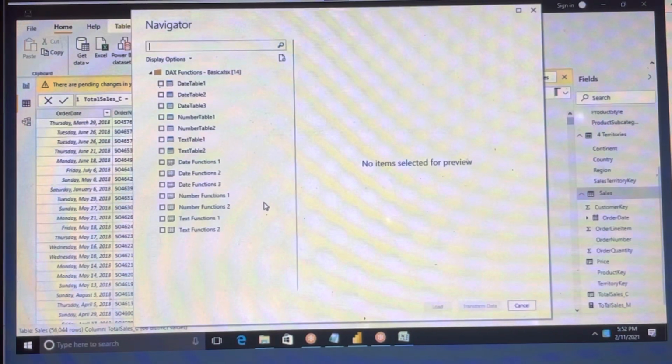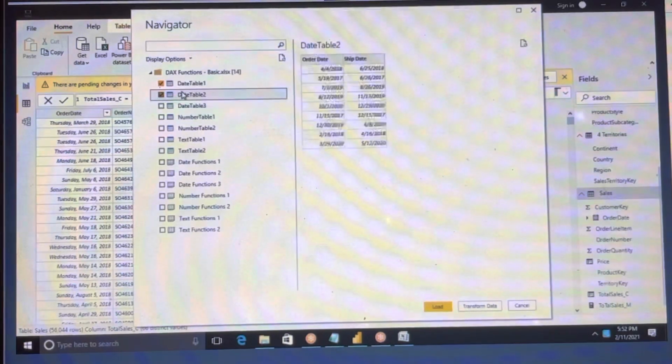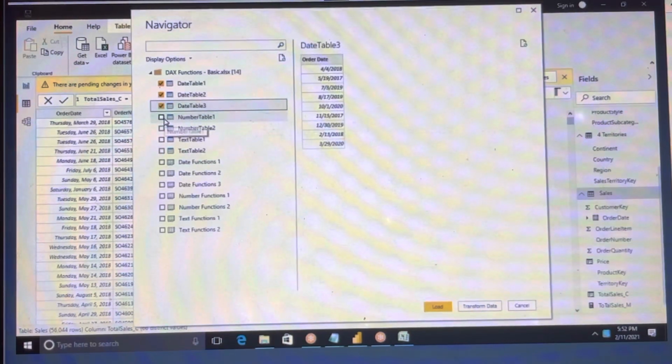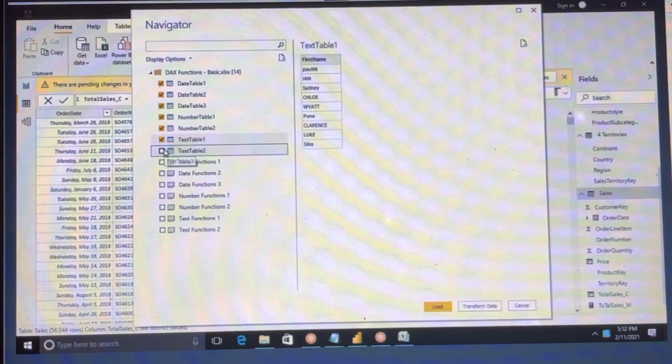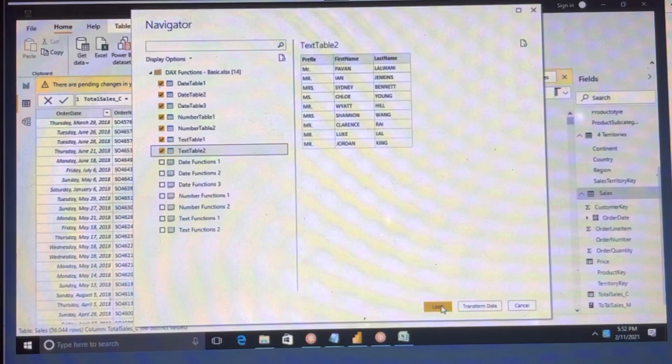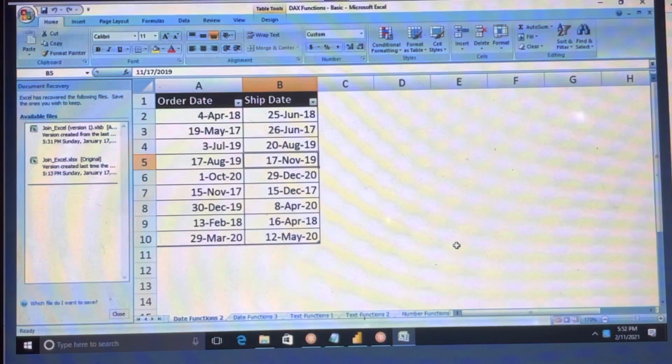First we will select all these tables: data table 1, data table 2, data table 3, and the number functions, then also number functions and text 2. Just click on load.